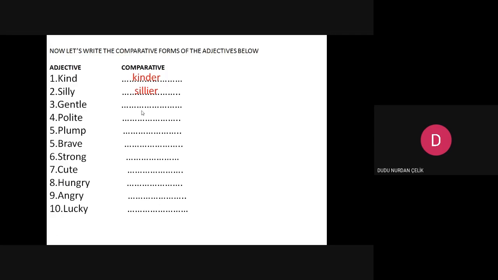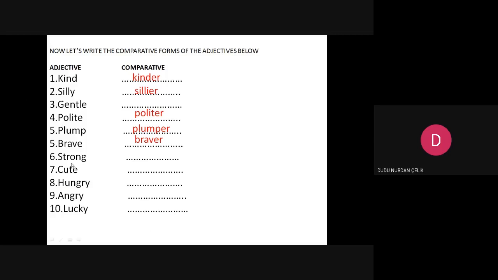That's right. Gentle. We have got two forms for gentle. Be careful. You can say just one. Okay, you got it? We're going to see this later. Polite, politer. Plump, plumper. Brave, braver.